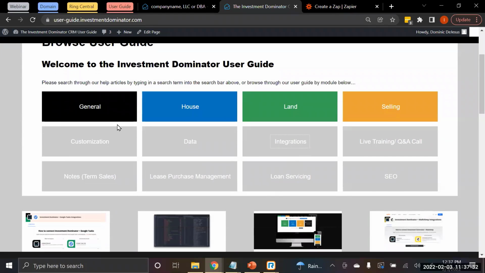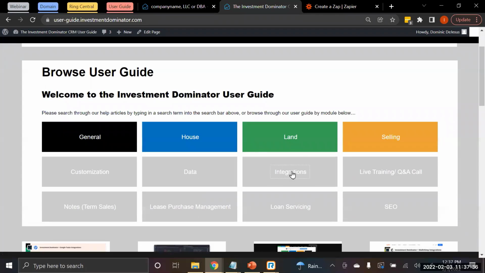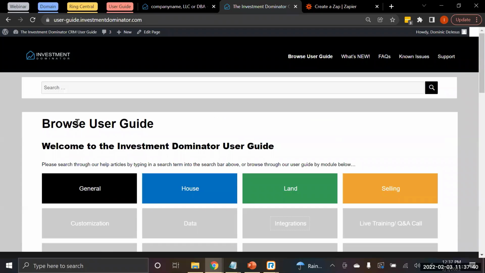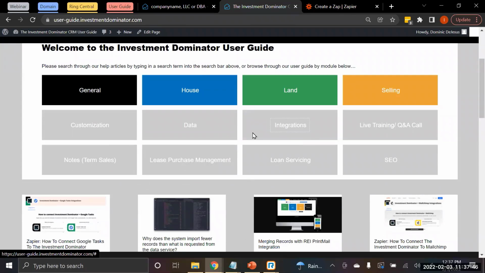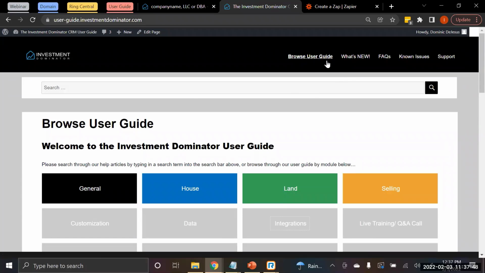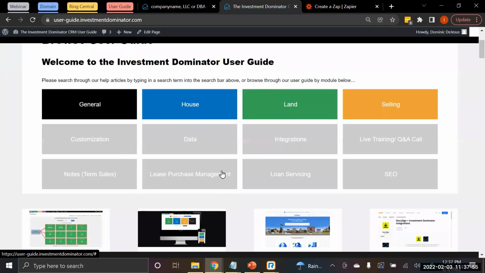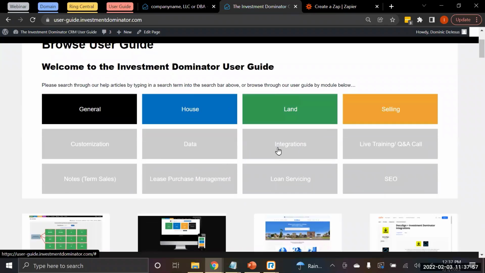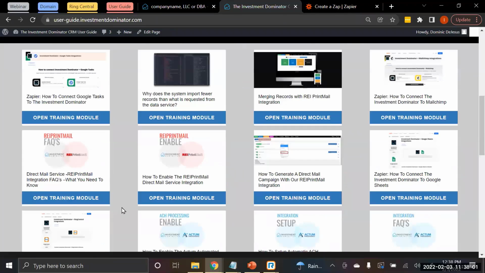So you can actually just type in integrations into the search bar, or you could come here to this main menu for the user guide. And if you ever wanted to know how you come back to this main menu, because most of the time I am in specific articles, you can just click onto the article and click on this button right here to bring you back to the main dashboard here. So yeah, click on to integrations and we'll see all of the integration articles that are pertaining to the